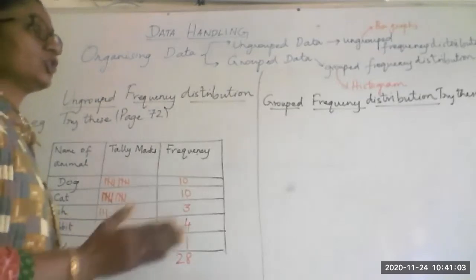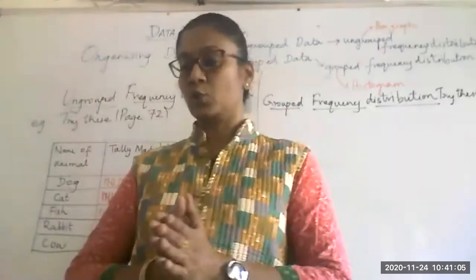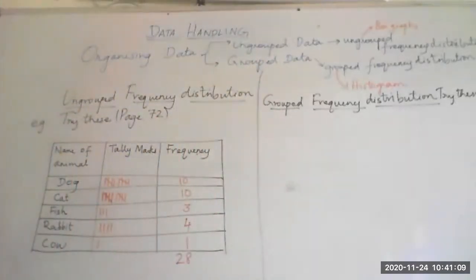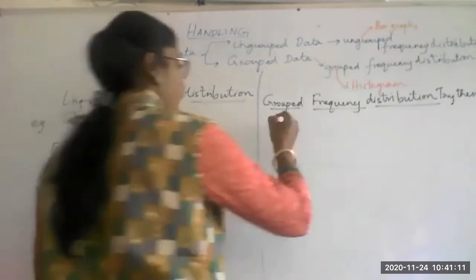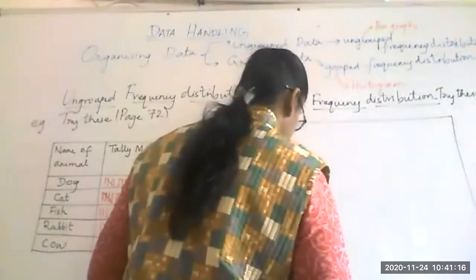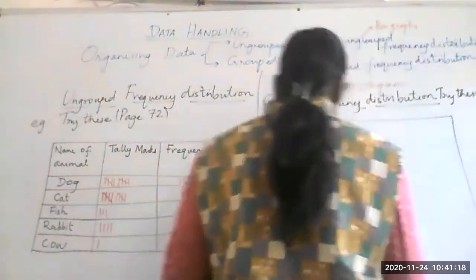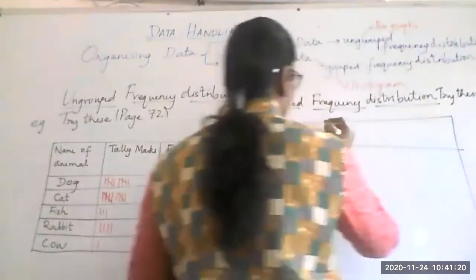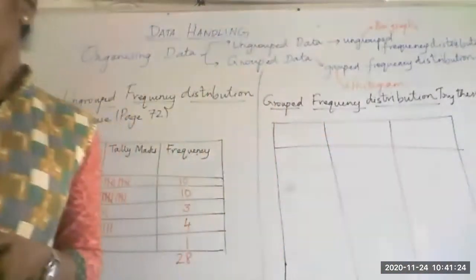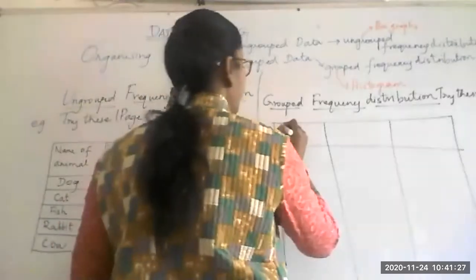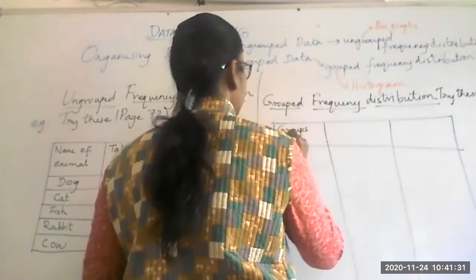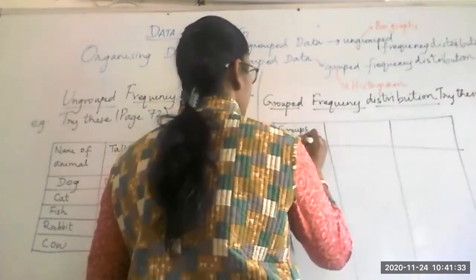Instead, we will try to group them in smaller groups. Like, suppose I take the tabulation like this. Anyway, I need the tally marks which will lead me to the frequency. Now, instead of writing the individual scores and trying to tally them, I will put them in small groups. To put them in small groups, I will be trying to fix the class intervals.